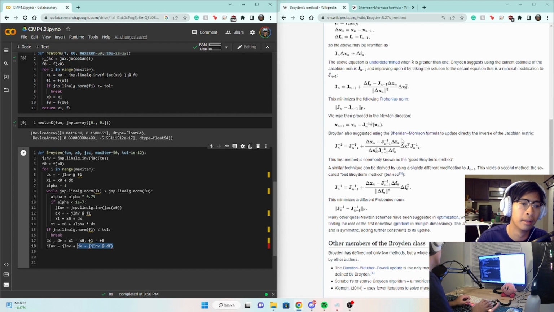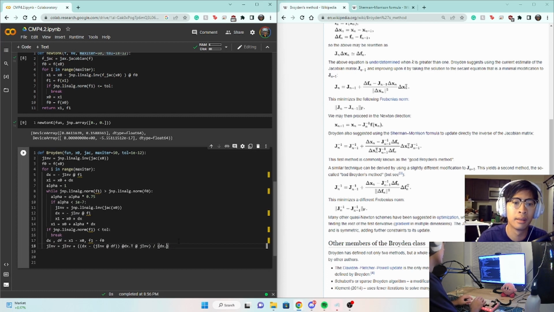So this whole thing in parentheses, and you notice we have this matrix multiplication, dx transpose matrix multiplication J inverse. I have to be very careful here. So this whole thing under parentheses, all divided by